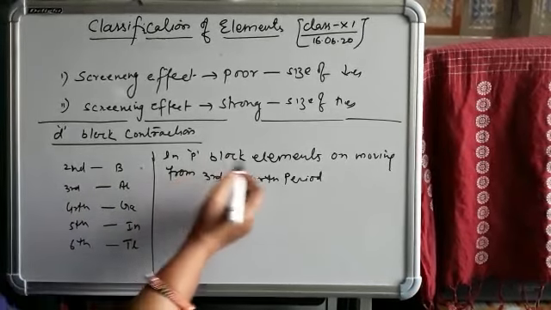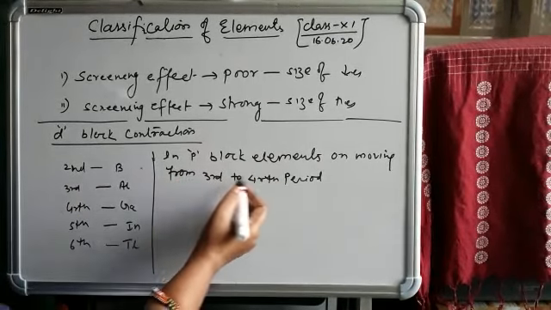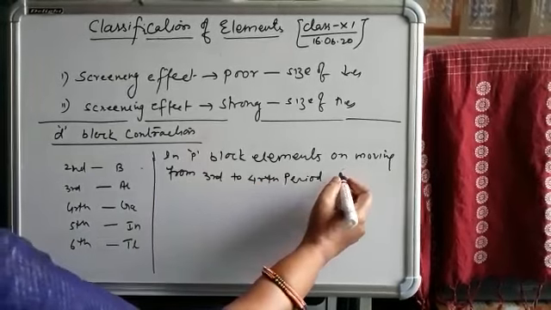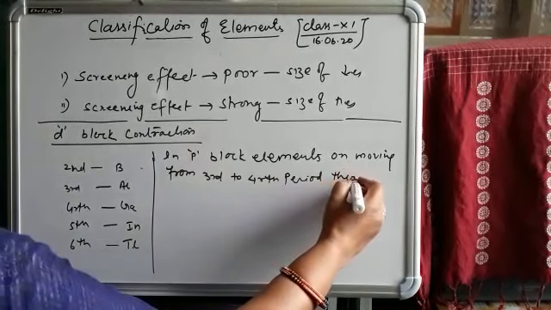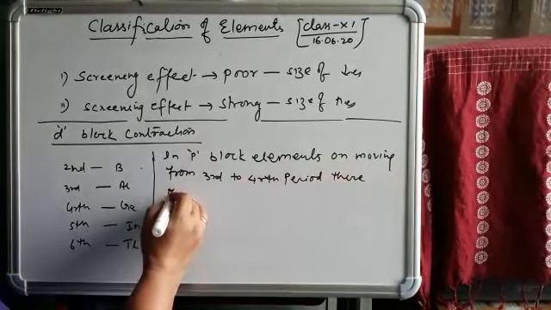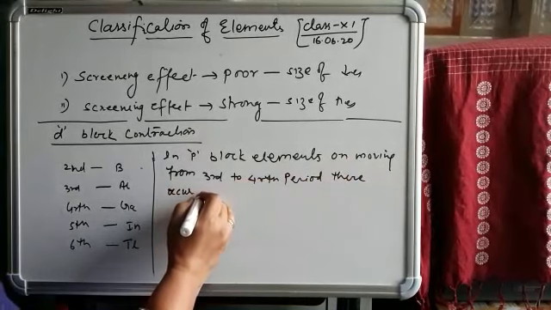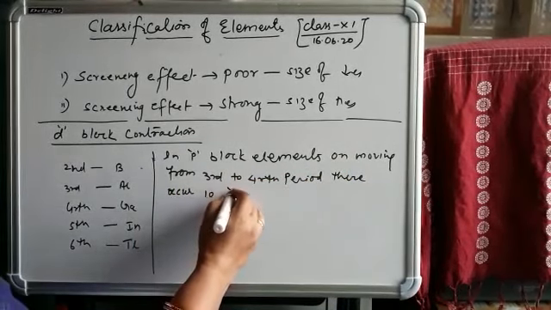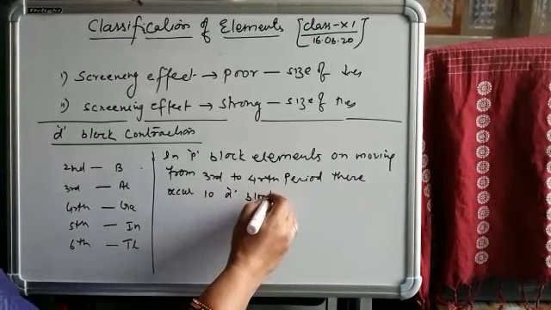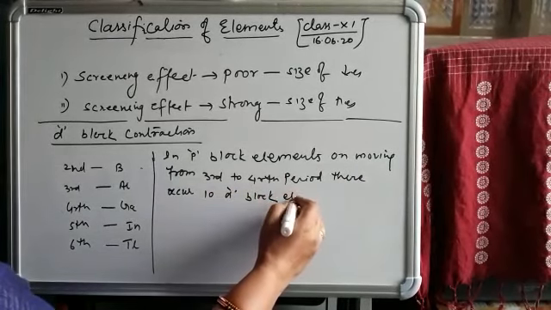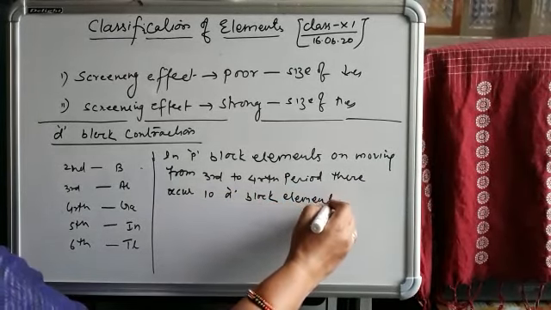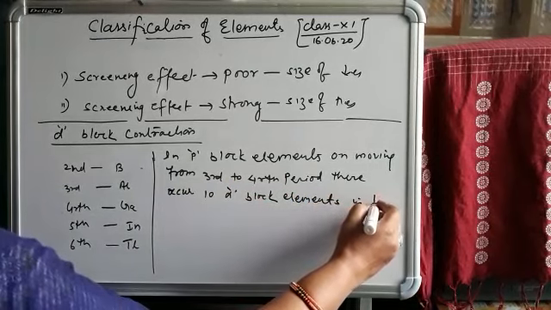So in p block elements, on moving from third to fourth period, there occur 10 d block elements in which